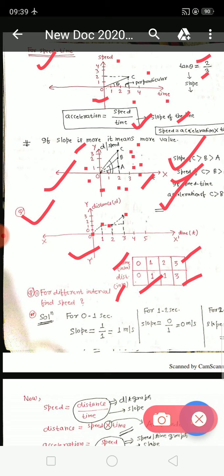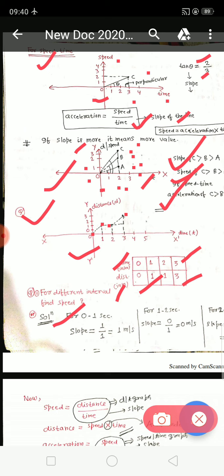So here we will see that in a distance time graph, tabular form has been given. I have depicted those points on my graph. The question is, what is the speed value in different intervals. Simply, it is a distance time graph. The slope of the line will give you the speed. How will you determine the slope? It is tan theta. What is tan theta? It is perpendicular divided by base. It means change in y-axis divided by change in x-axis. So for time 0 to 1 second, what will be the slope?